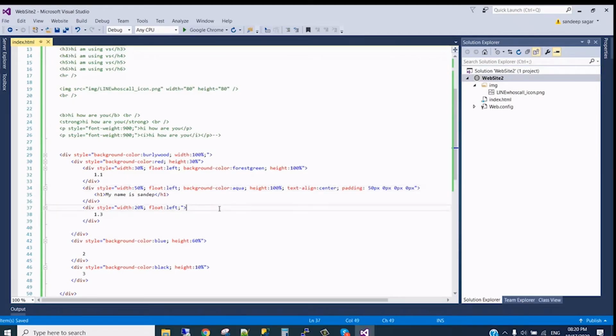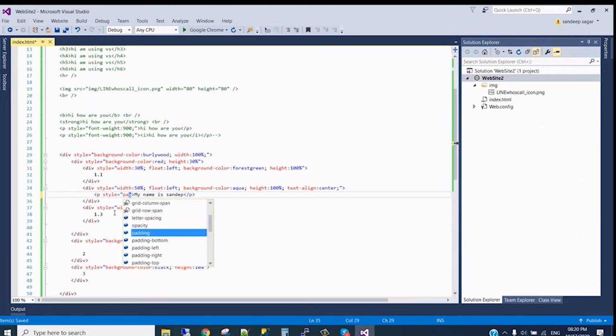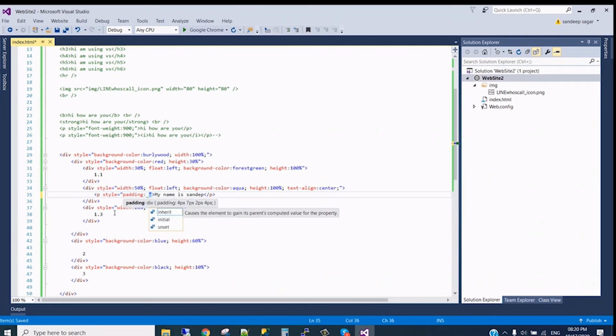But I could have used a paragraph for this text, and done the padding of this text only, not the div.